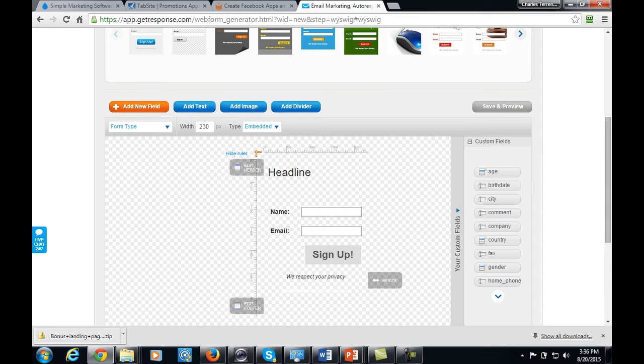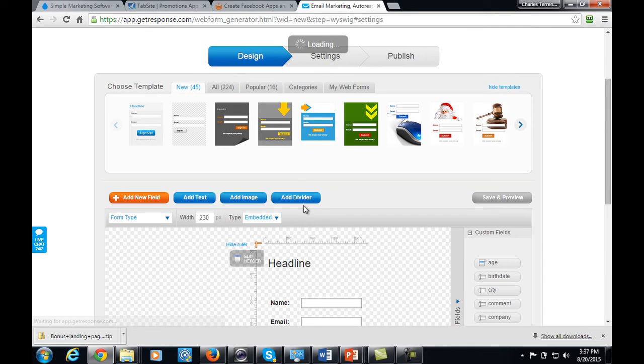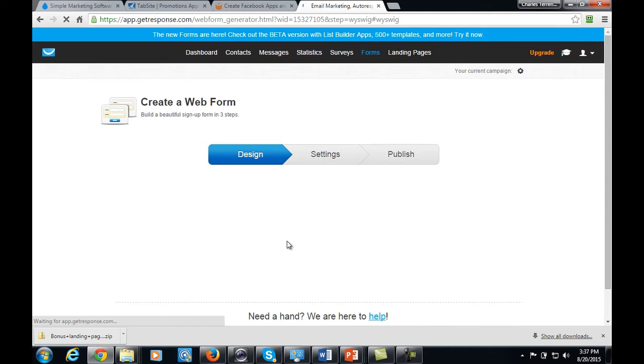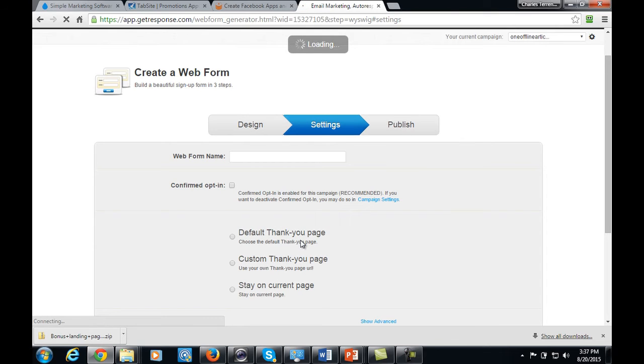You're looking at the page creation or the field creation space inside of GetResponse. It's the same in just about any other autoresponder. You can add some additional fields there if you want to. Pretty much all you're going to need is the name and email address. Now, the most important thing that we're going to talk about here is the settings feature. And when you go to that feature, you want to make sure that when they actually get